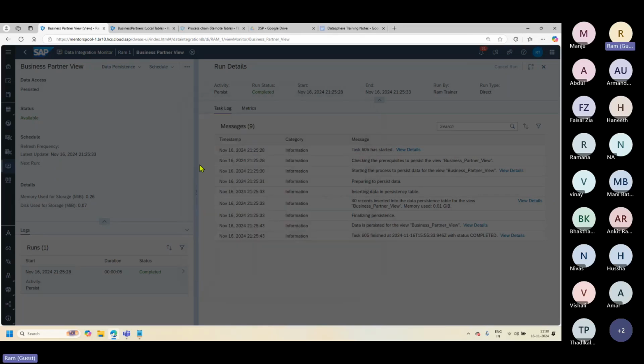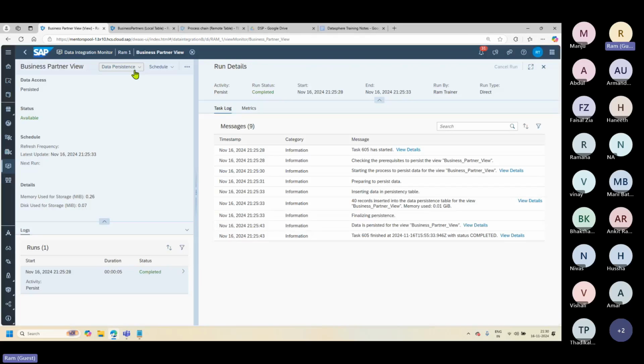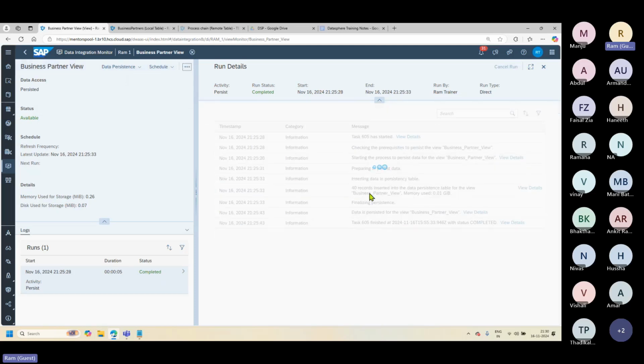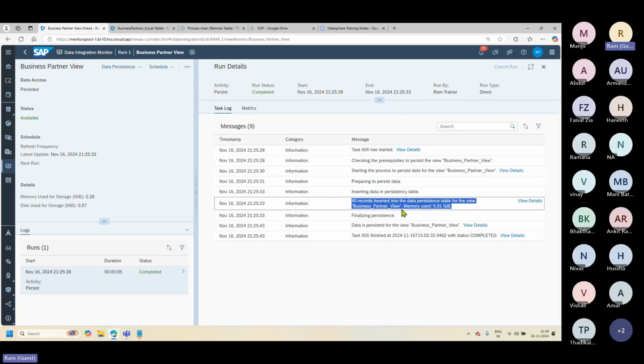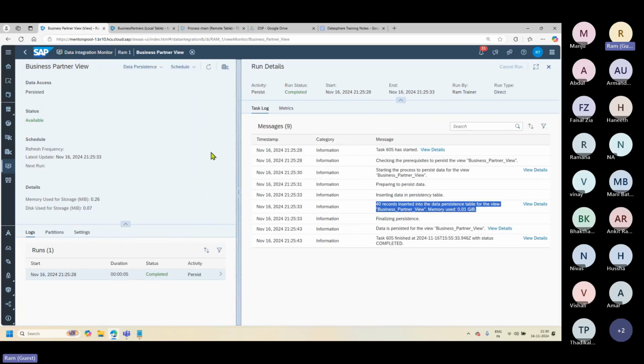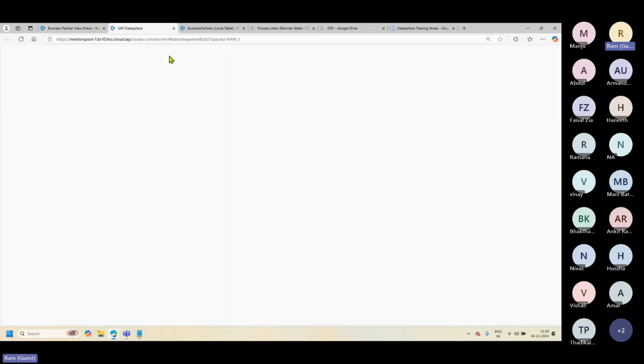So let's cover this later. Today I have only 30 minutes to cover this scheduling. Okay, now coming to the persistence. If you see here, the new records are not persisted yet, right? I can refresh it and show it again. There is no run. It is still only persisting the 40 records. But if I go to my view,